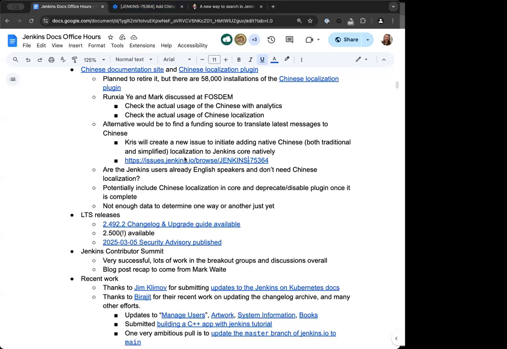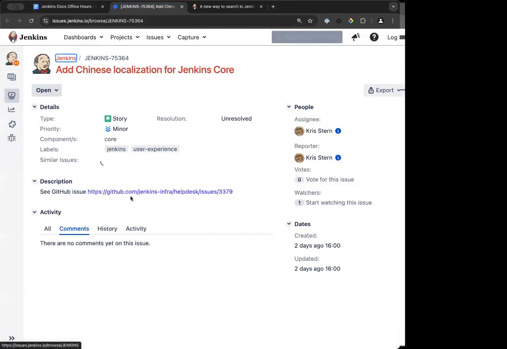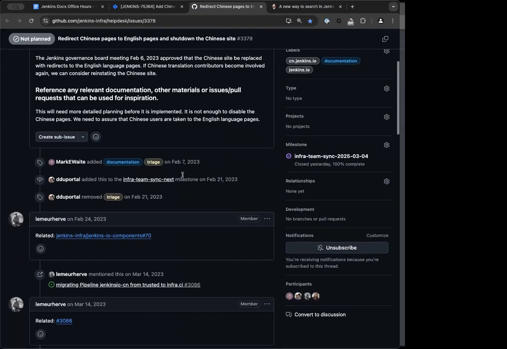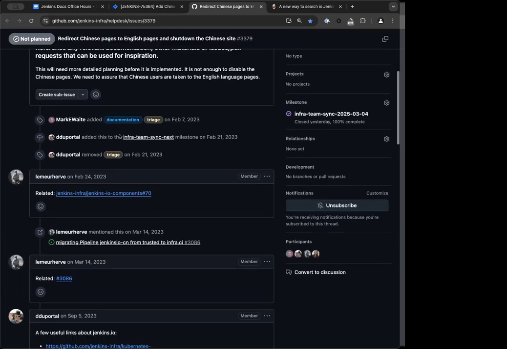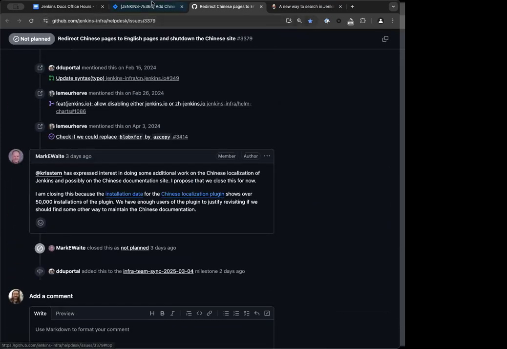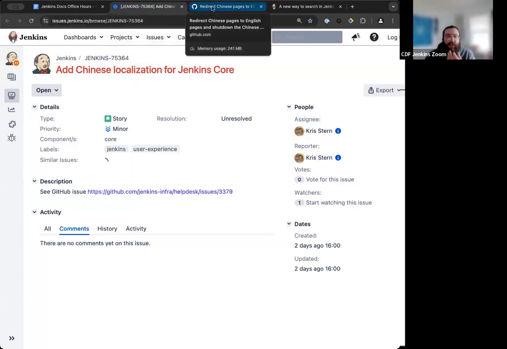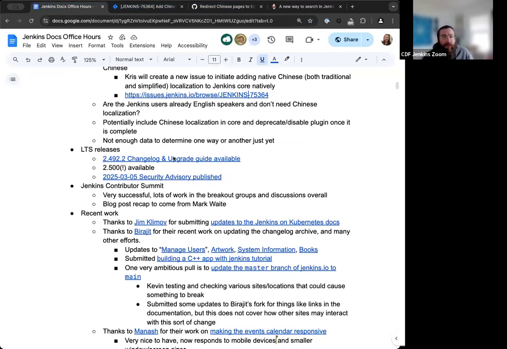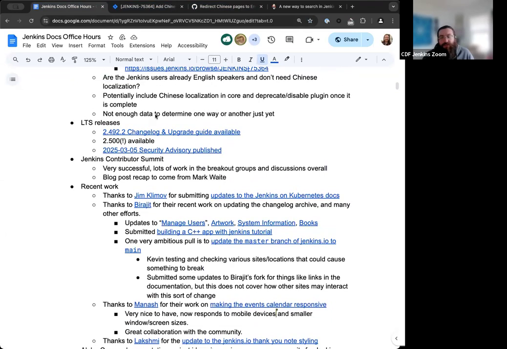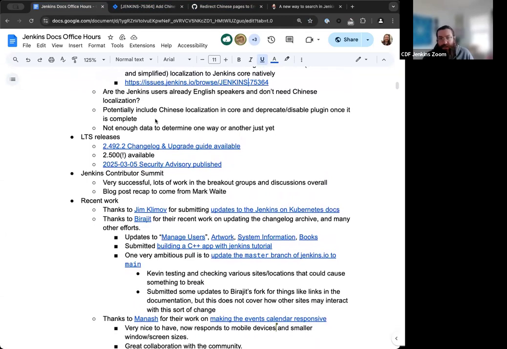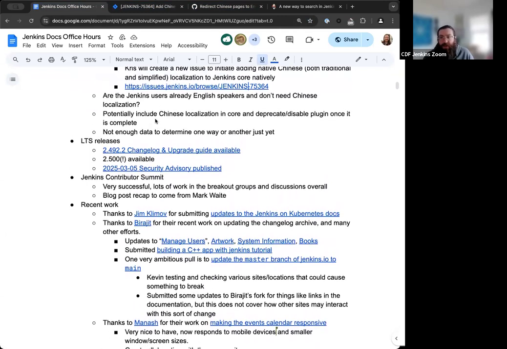Yeah, there's actually an ongoing help desk issue with it too. If you click on that link there, it directs you to the discussion started by Mark on this. But I'll add to this Jira ticket, the one we just showed before this. I'll add more details to it later. Okay, great. Thank you very much. Really appreciate that. And yeah, so the plans have changed. Obviously, we're not going to be retiring that anytime soon, and we'll see what happens with this new process and this new potential way of working.